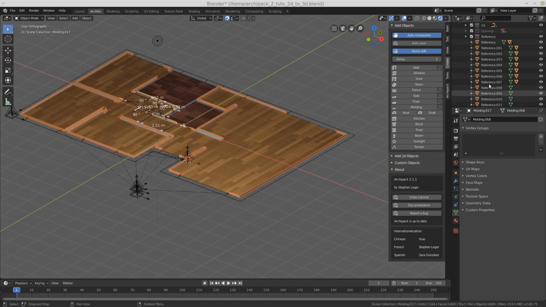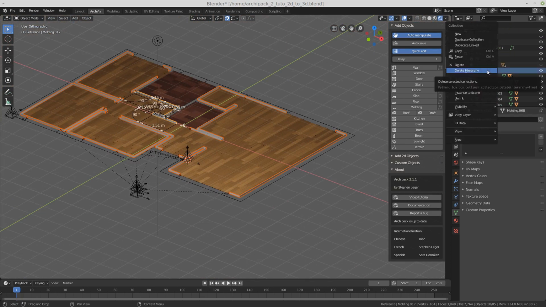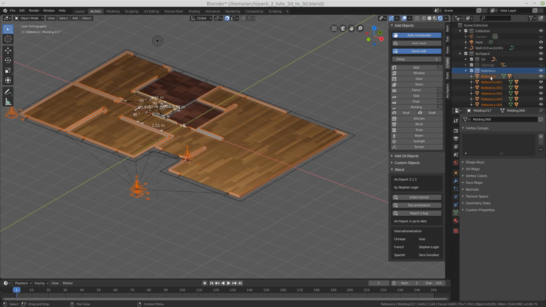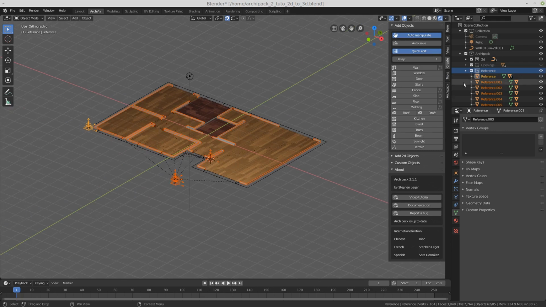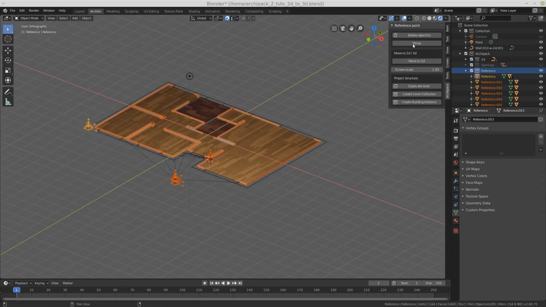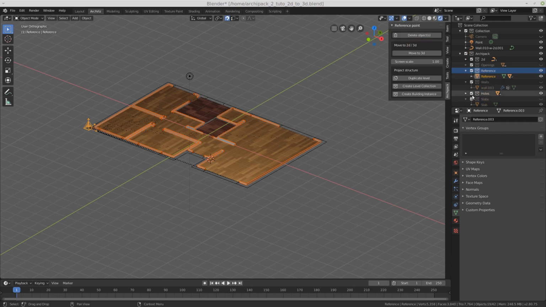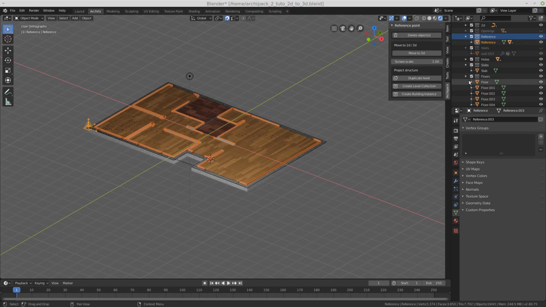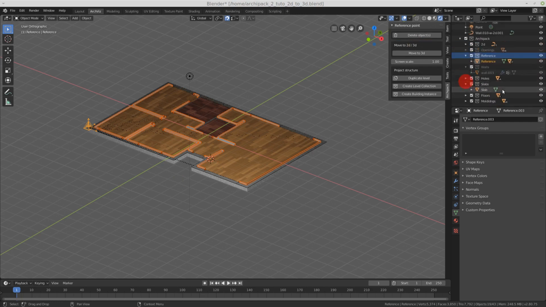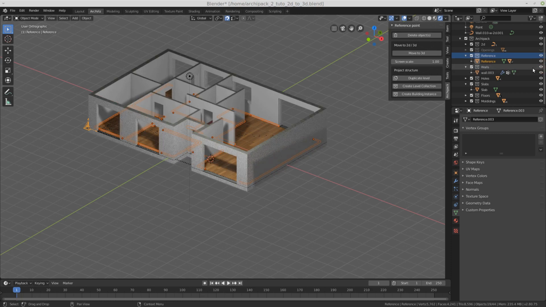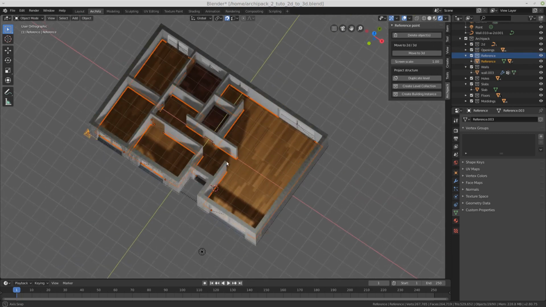Got many reference points, so we should now clean that up by selecting all references, make this one active, and in the Archipack tab with the reference point active, I got the merge. So I will clean this up, and you will end up with a single reference point for everything. And now I'm able to show everything back, that is openings and so on, and basically I'm done.